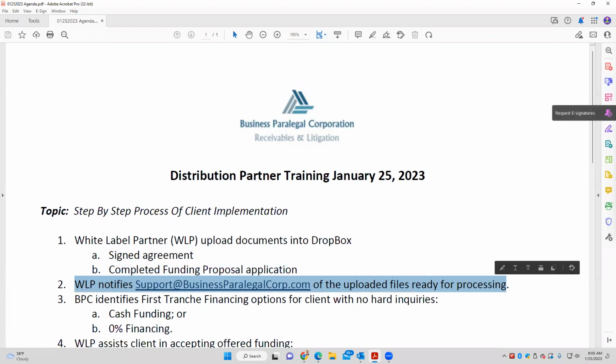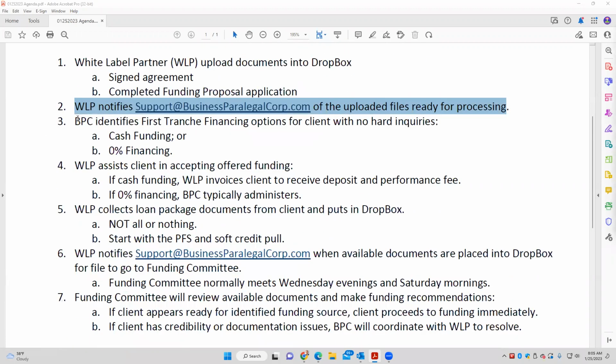Any questions? So no changes, just going through the process. So then the question becomes, well, what happens then? Well, once you've notified us, I'll scroll down, then us, BPC, we're going to look for first tranche financing options